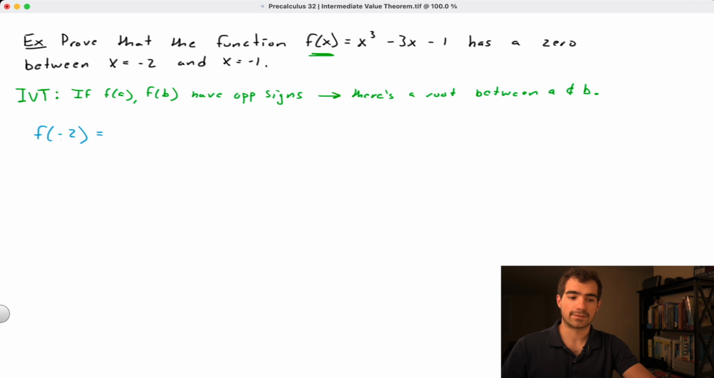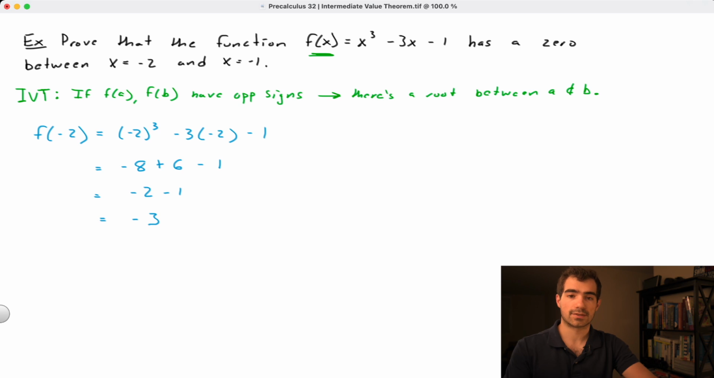So if we look at negative 2 first, we can plug in negative 2 for f, giving us negative 2 cubed minus 3 times negative 2 minus 1, which as we evaluate will be negative 2 cubed, or in other words, negative 8, right? Negative 2 times negative 2 times negative 2 gives us negative 8. And then we have minus 3 times minus 2, or in other words, plus 6. Those 2 negatives make a positive. And then minus 1. Negative 8 plus 6 will be negative 2, and negative 2 minus 1 will be negative